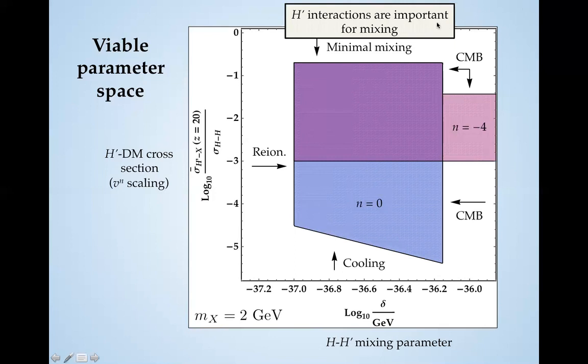Okay, so in the region at the top, as I was just saying, H prime interactions do affect the mixing dynamics. They can. So on its own, being up here doesn't necessarily mean the region is ruled out. And again, there is some flexibility in the nature of the H prime dark matter coupling, but typically larger cross sections are just going to suppress the mixing. So we're just excluding this from the analysis, I suppose I should say.